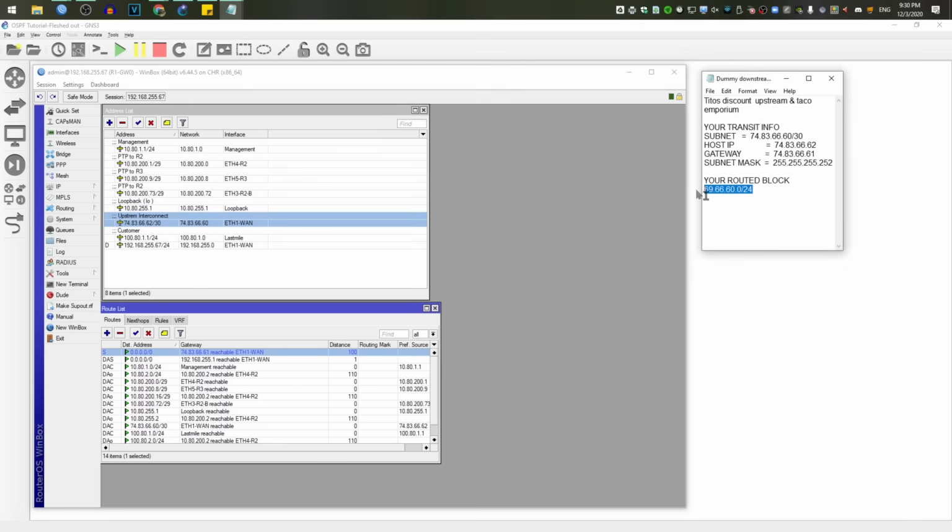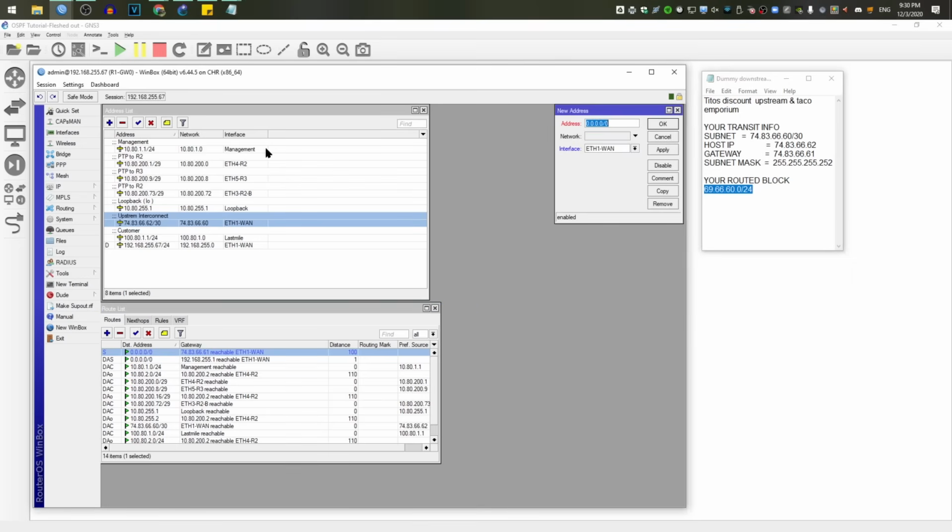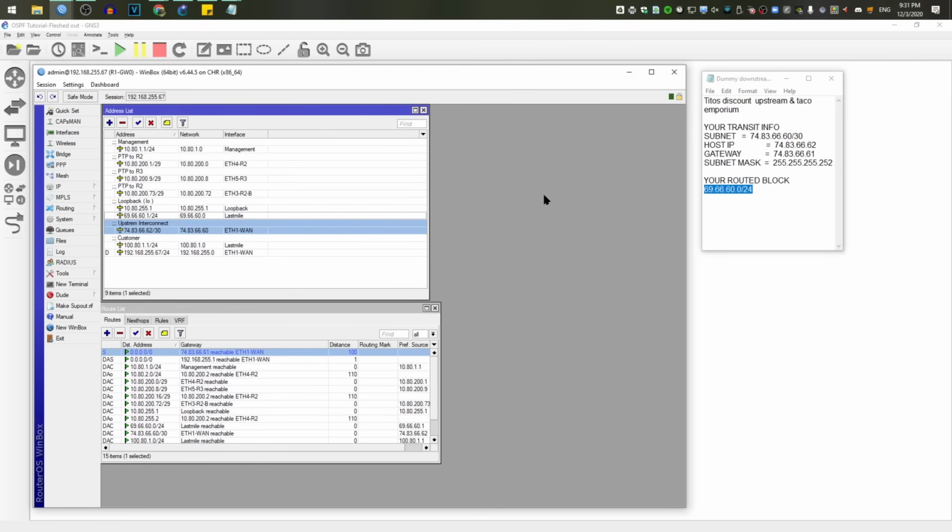So now here's your routed block. Your ISP, or your upstream provider, is saying, hey, this is your whole block that you can use. Now, if you're bridged, which I pray that you're not, you can simply add this subnet to any of your internal interfaces, and then it will become accessible within your network. How is that? Because your upstream is going to point that subnet at your router's point-to-point IP here, which is the 66.2. So they're going to see that this subnet is a destination and the gateway is this IP here,